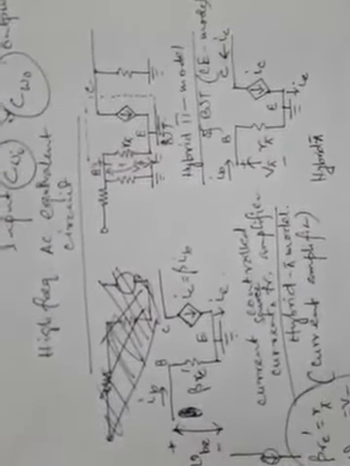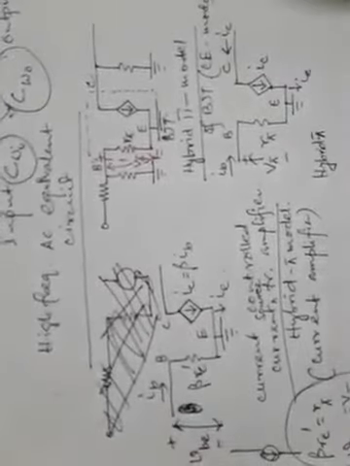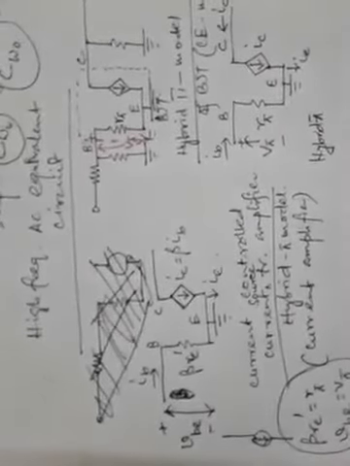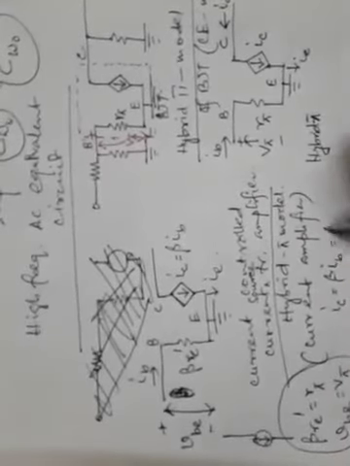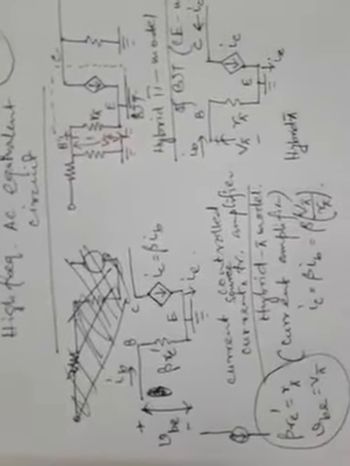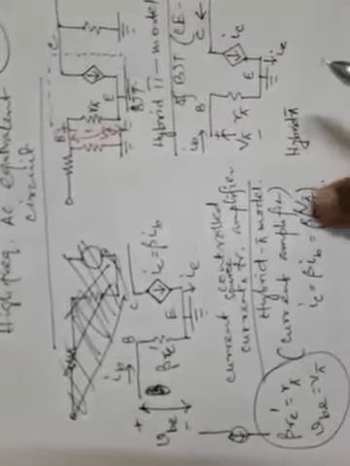Now this IC can be written as beta IB, you know already. So we can write IC equal to beta IB, and IB can be written as V pi by R pi. So IC equals beta into V pi by R pi, because this is R pi, across it the voltage is V pi, so V by R is the current through this resistance R pi, which is IB. So instead of IB we are writing V pi by R pi.